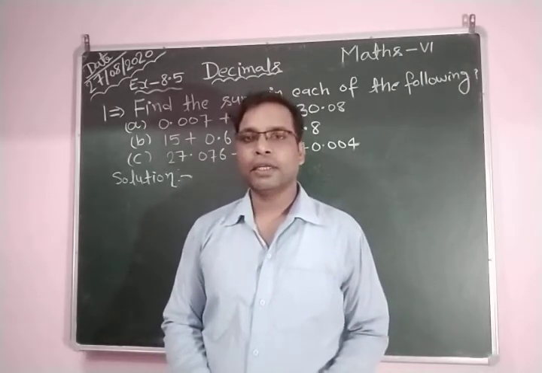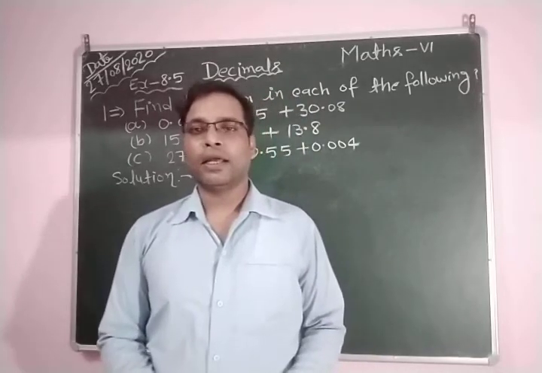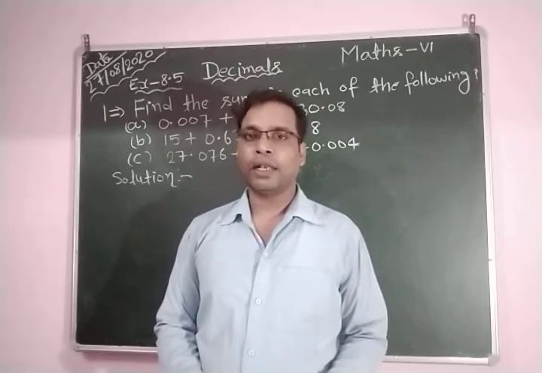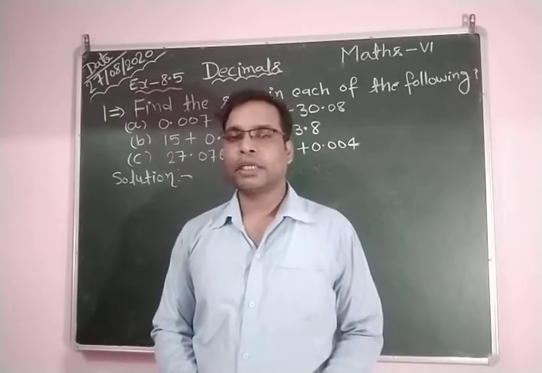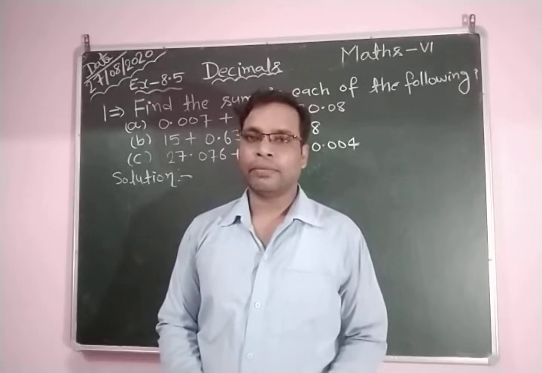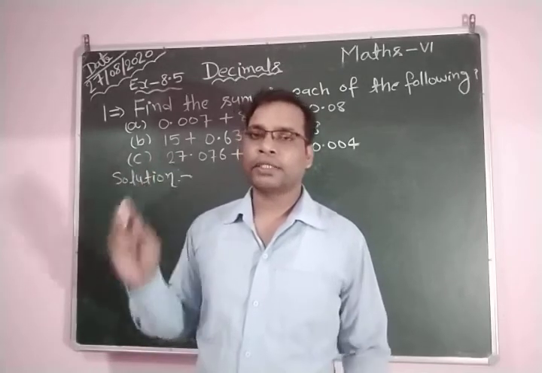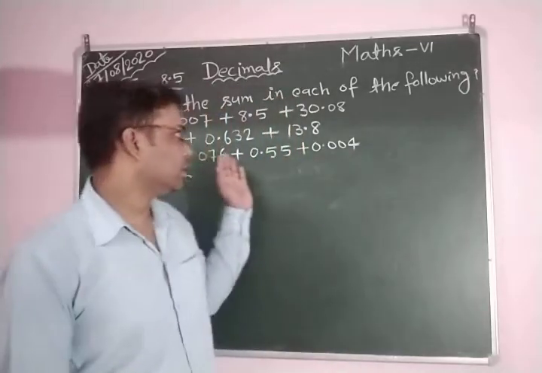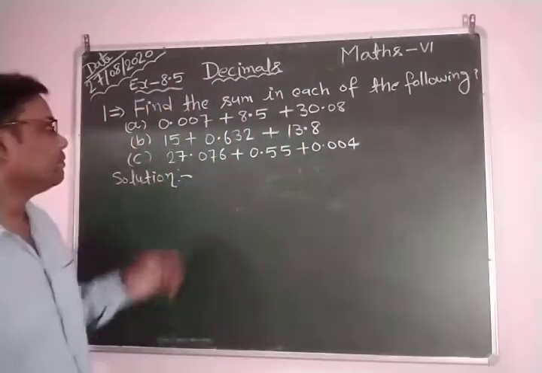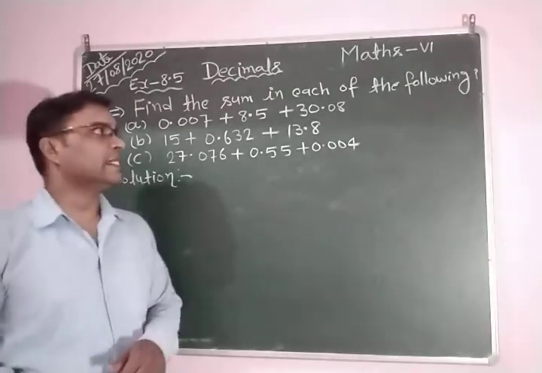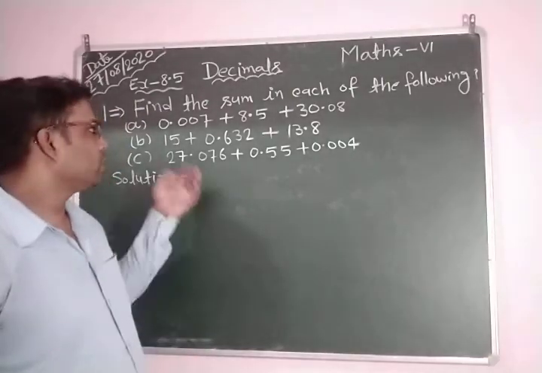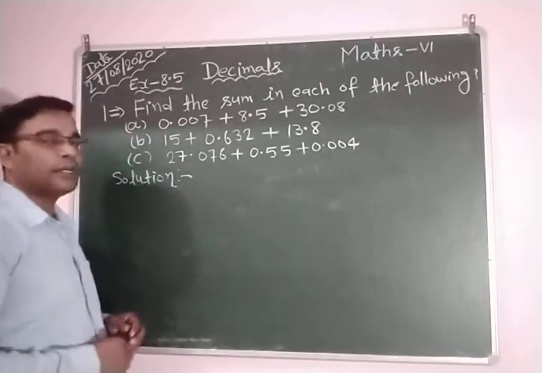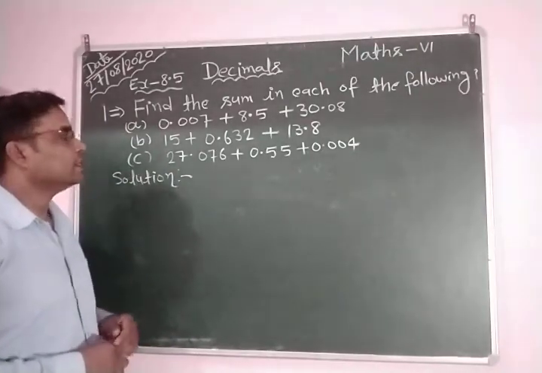In this exercise, we learn how to add two or more decimal numbers, how to find the sum of two or more decimal numbers. The question number 1, exercise 8.5. You can see on this green board. Question number 1 says: find the sum in each of the following. Here you can see the A part of question number 1 is